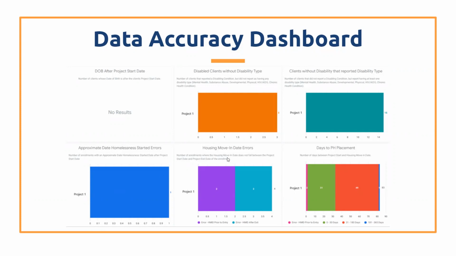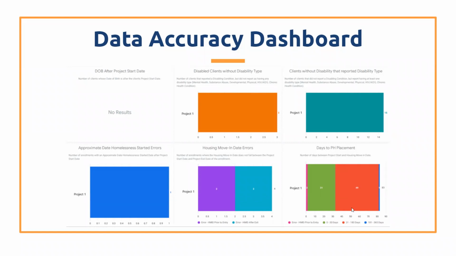We also have housing move-in date errors. So the housing move-in date should be between project start and project exit for a project. So this is looking at dates where that is not true. And then we also have days to PH placement. So this is looking at how many days, well, it's breaking down the days to PH placement into categories. So we have 0 to 30, 31 to 180, 181 to 365. And I think there's also a 366 plus days,